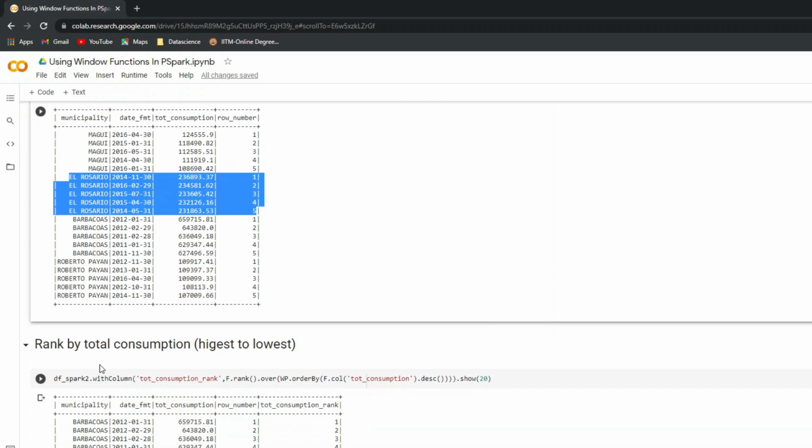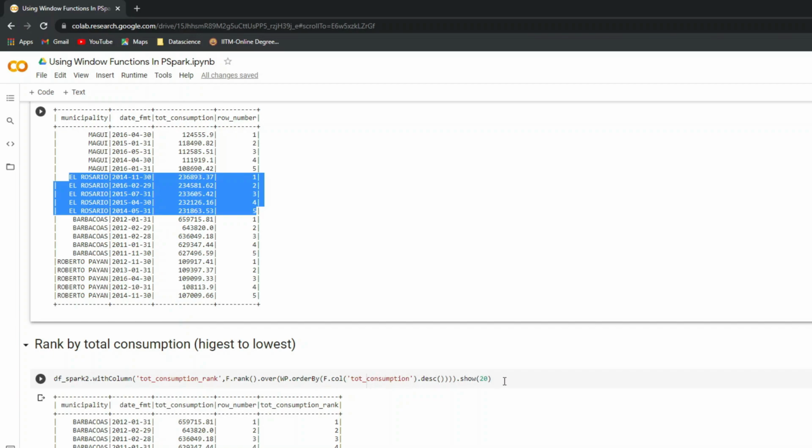The next step is to get the rank order by total consumption for each municipality. To do that, I use total consumption rank as a new column, with the function withColumn, and then I say F.rank over WP.orderBy total consumption in descending order.